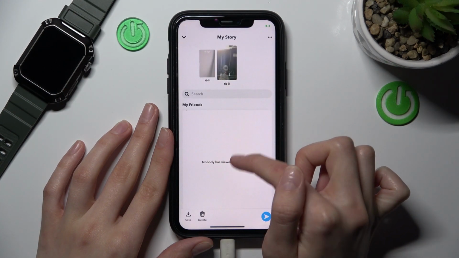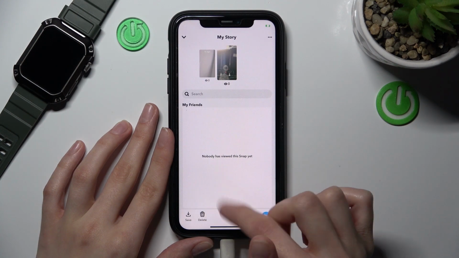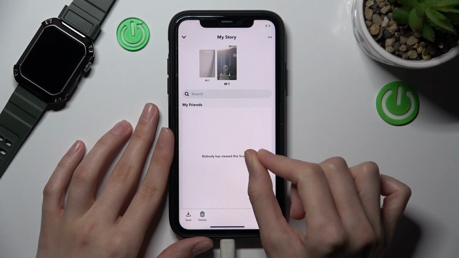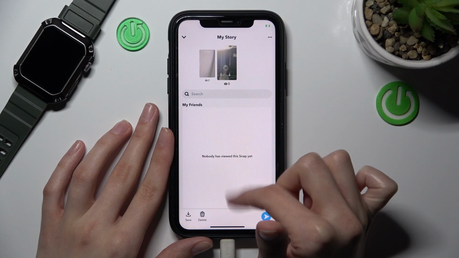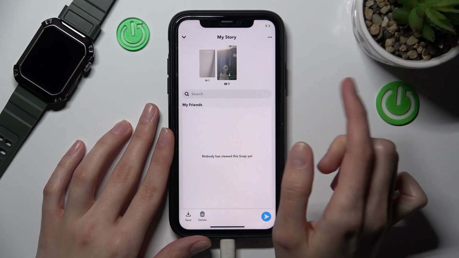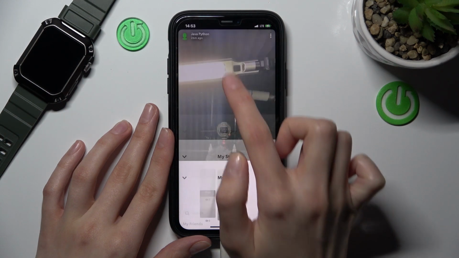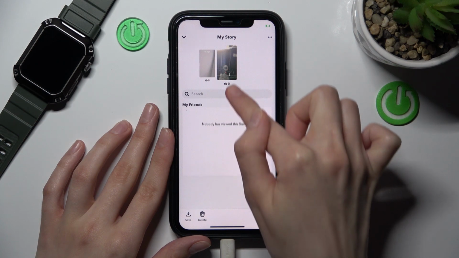And guys, as you can check, unfortunately right now we don't have any subscribers on our account, so we have the 0 indicator, but you can check here on the list who watched and who screenshotted your story using these indicators. So let's tap on one of them, and on the list you can check all these